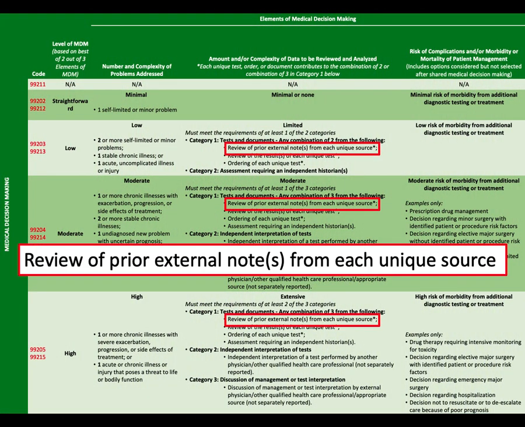So, looping back, an external note could be from an external physician, who could be either someone not in your group or in your group but in a different specialty or subspecialty. On the other hand, a note from a facility or organizational provider must be from a different one from the one at which you work to qualify as external. Sorry, this is complicated.